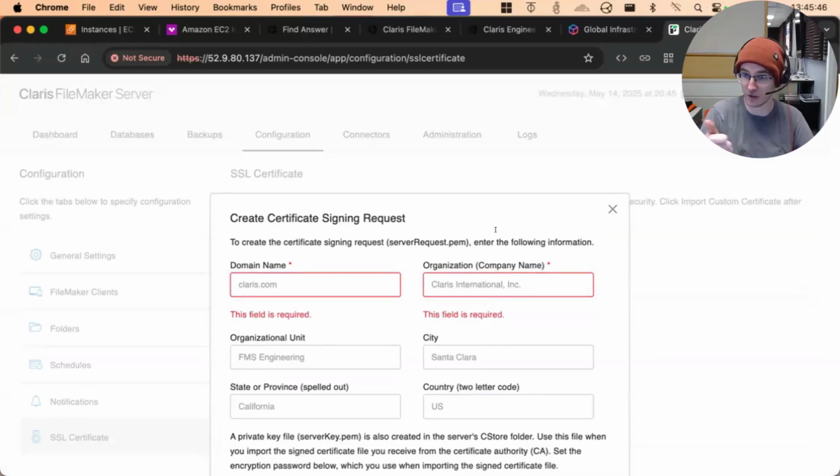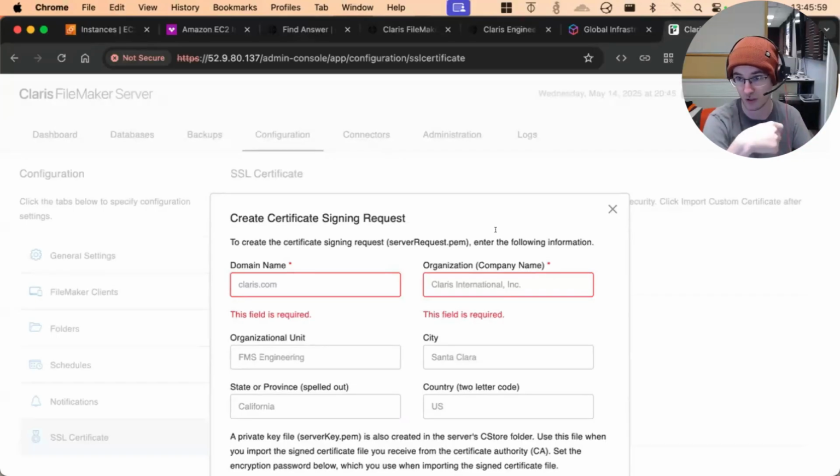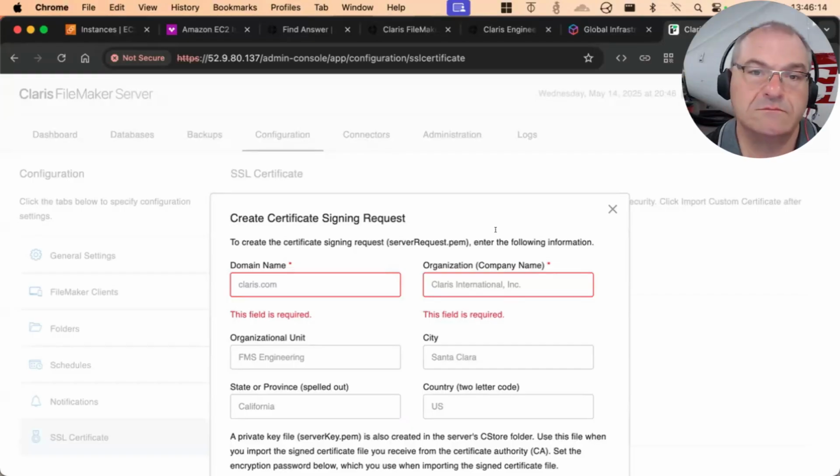You'll go down. It'll spit you out files. You'll take those files to your SSL place. Not demoing that today. It's called a CSR, a certificate signing request. You have a key, and a second file. FileMaker Server does all this for you; I'm just explaining it. Your FileMaker Server takes the key and creates a CSR. That is what it sounds like, a certificate signing request. We would request that you sign our certificate.